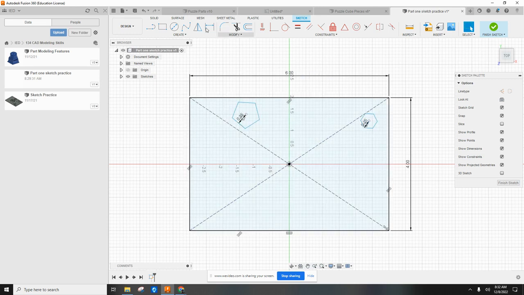Finally, we are going to make a triangle over here. You can just use the line tool if you want. We're going to make a line, line, line. This is a great opportunity to use the equals geometric constraint. We can click, click, and then click, click to make an equilateral triangle. Then we will go to dimension and make this triangle 1